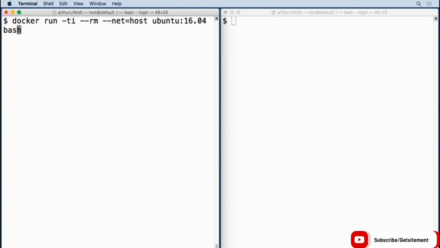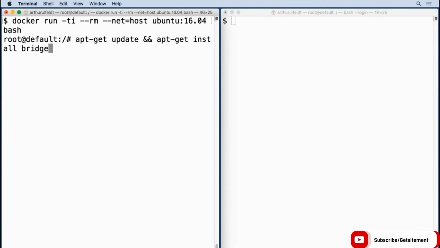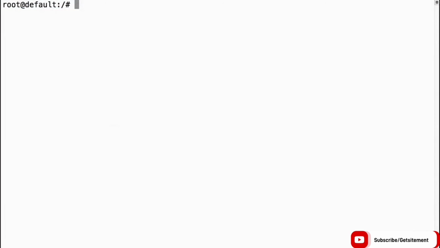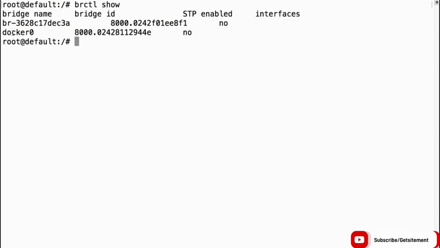Okay, I am gonna start that up, apt-get update, and once that finishes, apt-get install bridge-utils, and we wait a little while that runs. Now that has been done, I'm gonna run brctl show and we can see this system has a couple of bridges on it. One called docker0, which is the virtual network used by all machines in Docker that don't have their own